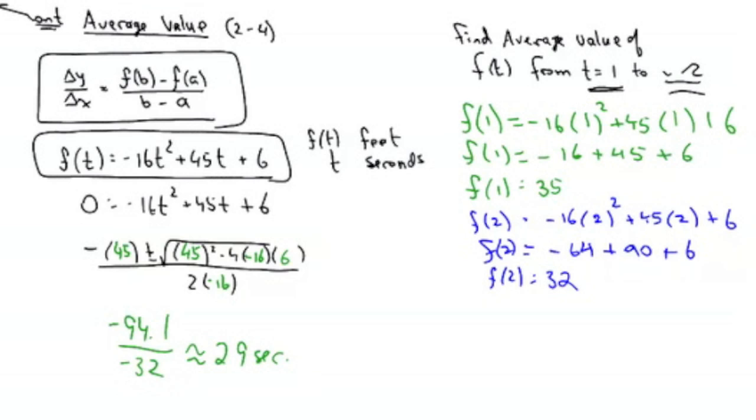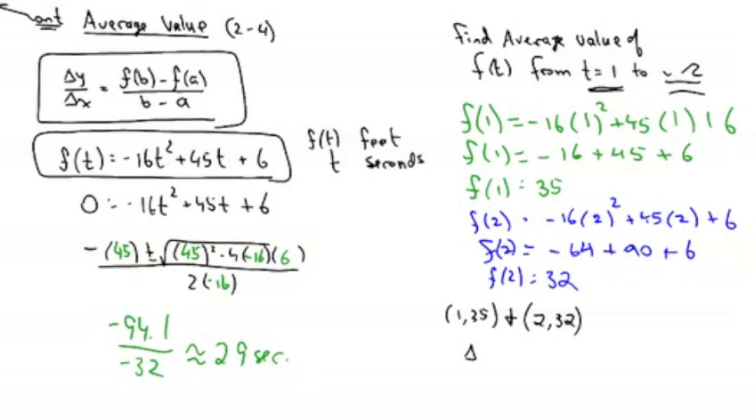Alright, now we just need to find the average rate of change. What coordinate do I get from the green block? What point are we talking about in the green writing? 1 and 35. And the second point? 2 and 32. Right from the last lines of each function. The x-coordinate is inside the parentheses, the y-coordinate is on the other side of the equals. I just need to find the slope between these 2 points.